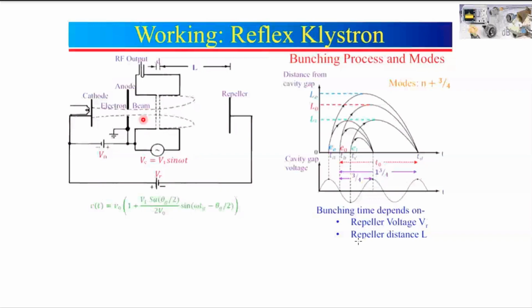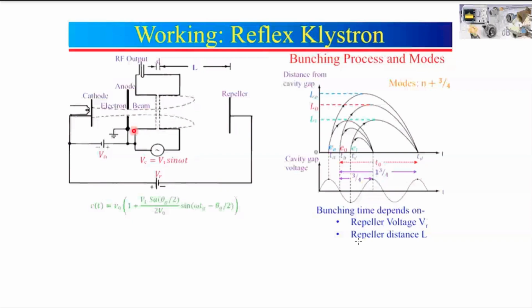So here you are observing the difference in the structure of two cavity klystron and the reflex klystron. What is the basic difference between the structure of two cavity klystron and reflex klystron? So the first difference is that in two cavity klystron there are two cavities, whereas in reflex klystron there is only one cavity which acts as both buncher cavity as well as catcher cavity.